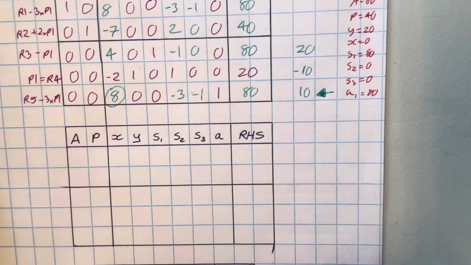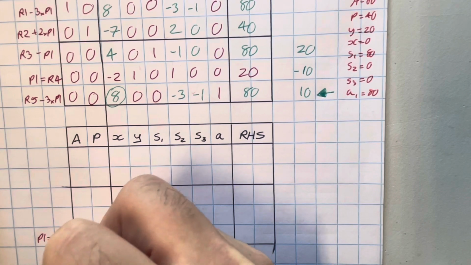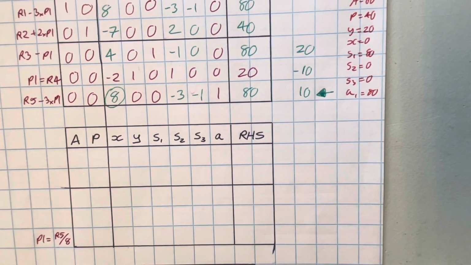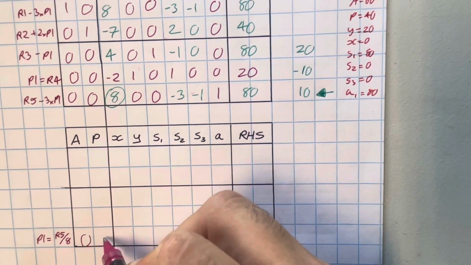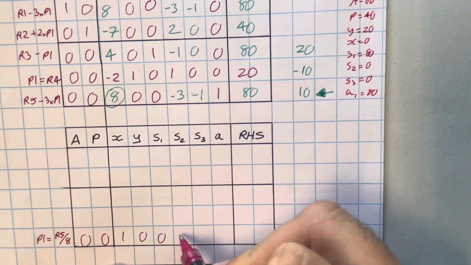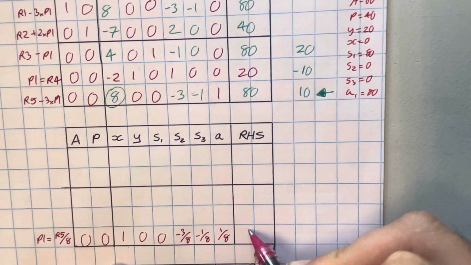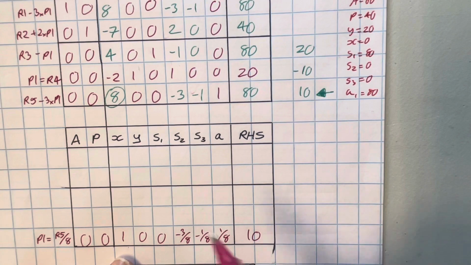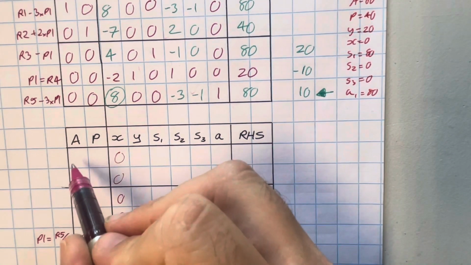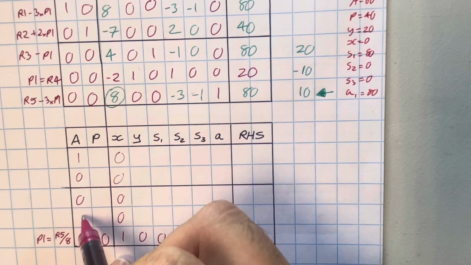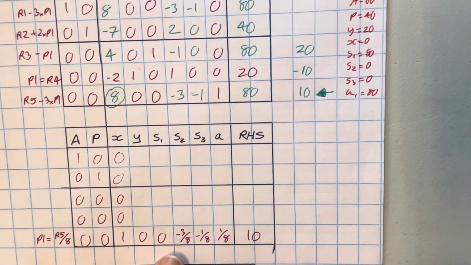So row 5 then is the pivot. So PI is going to equal row 5 divided by 8. So I'm going to divide that whole row by 8 so that this is the number 1. So it's going to be a 0, a 0, a 1, a 0, a 0, minus 3/8, minus 1/8, a positive 1/8, and 10. We want to make this column 0, 0, 0, 0, 1. A will always be 1, 0, 0, 0, 0, and P will always be 0, 1, 0, 0, 0, and our other two